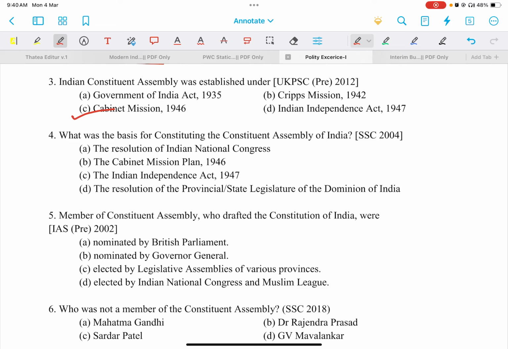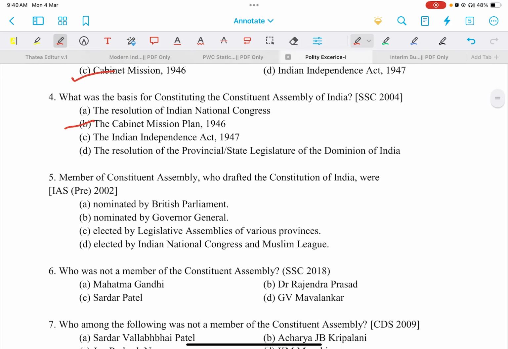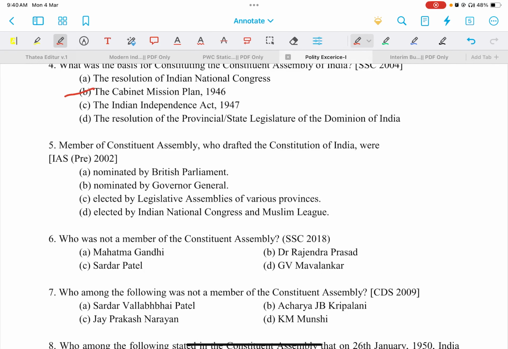Question number 4. What was the basis for constituting the Constituent Assembly of India? Cabinet Mission Plan 1946. Members of the Constituent Assembly who drafted the Constitution of India were